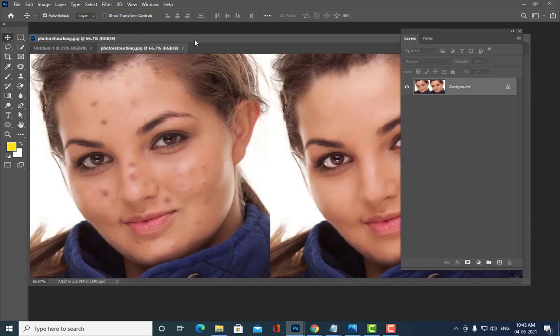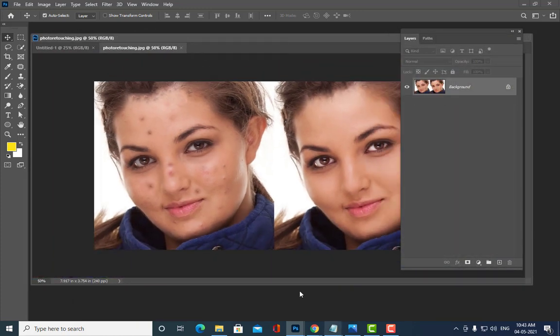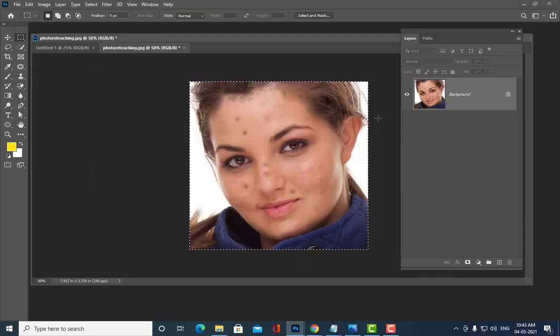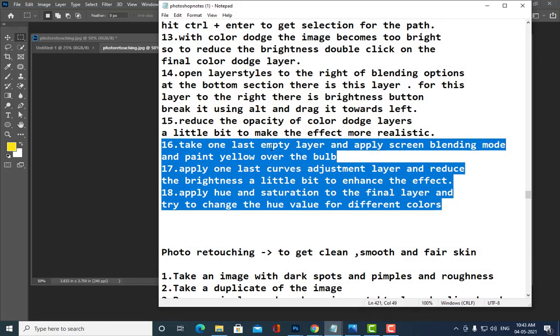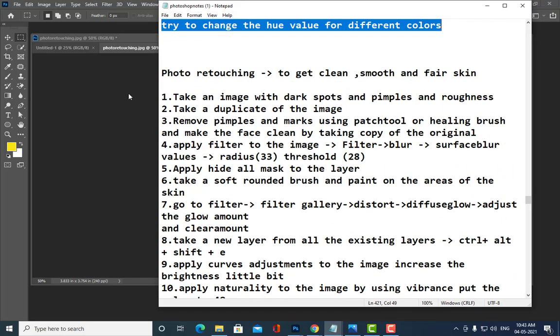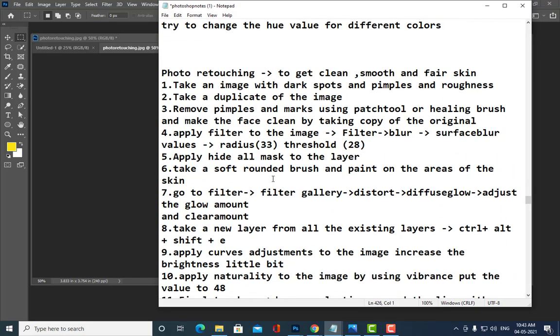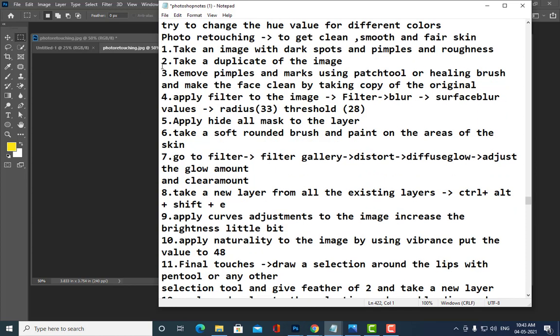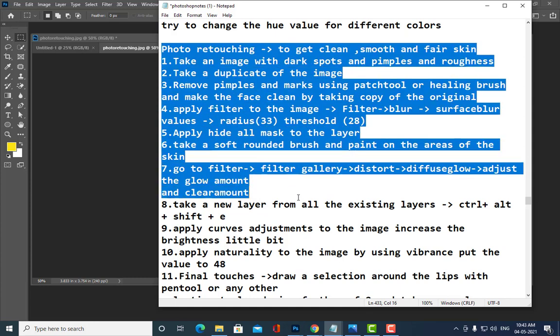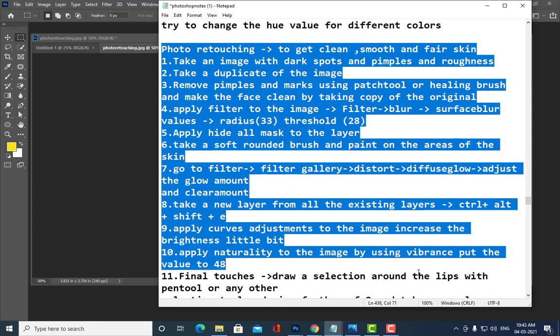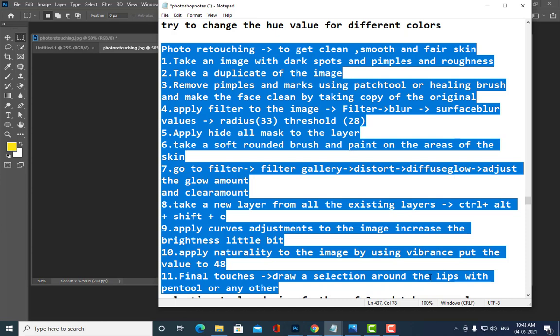Okay. So now I'm going to give you a screenshot of photo retouching. See, so please take a screenshot of these 11 points.